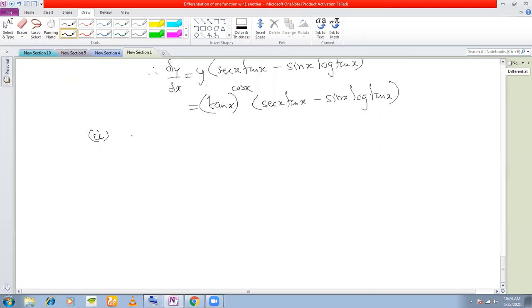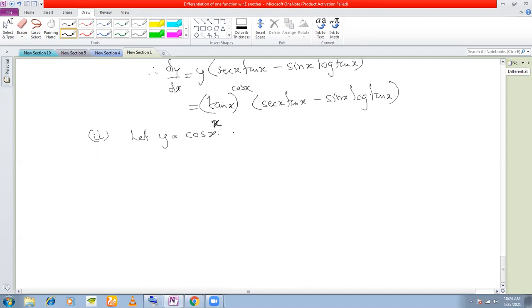Second one is y is equal to, I've given you cos x to the power of x. Now in this question, there are two parts to this question, that is cos and x to the power of x. So what we do here is we say let u is equal to x to the power of x. I differentiate this. Yes. Tell me fast. X power x is only x.